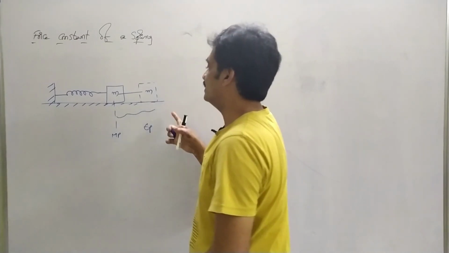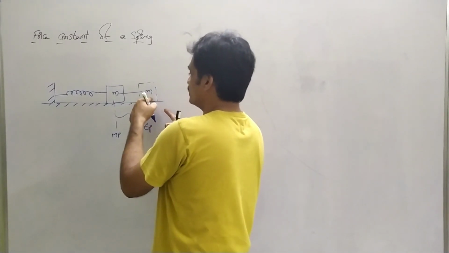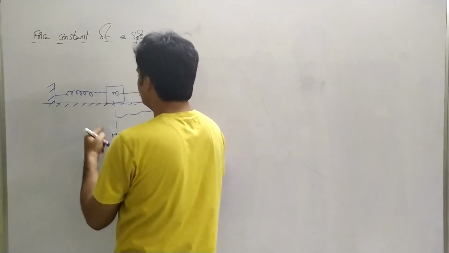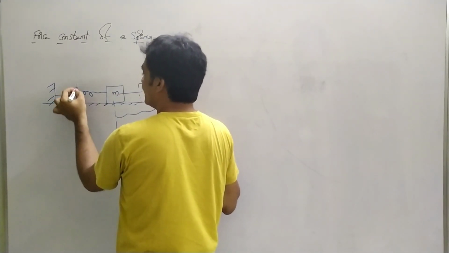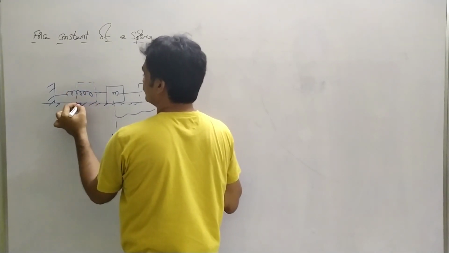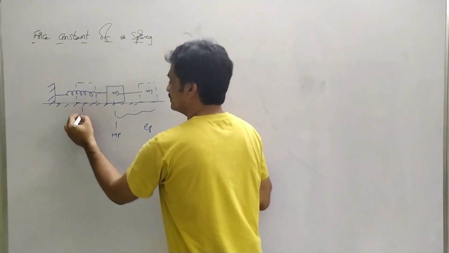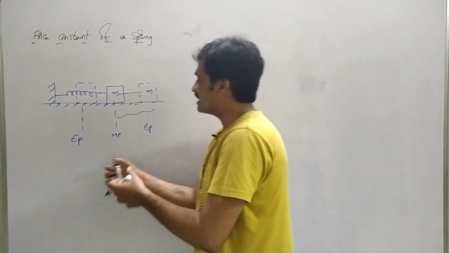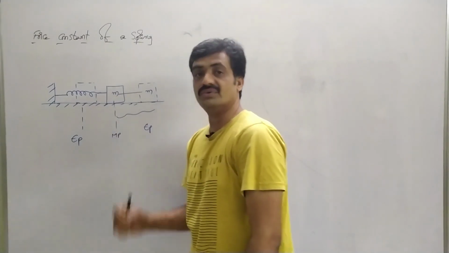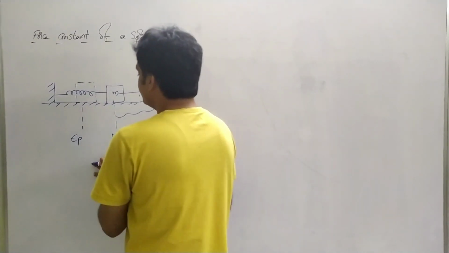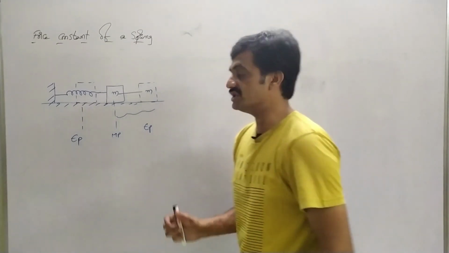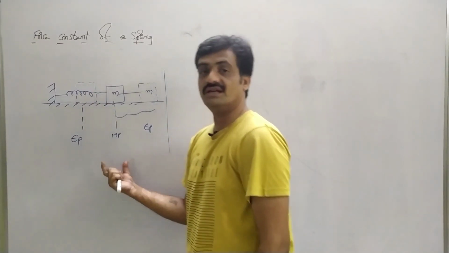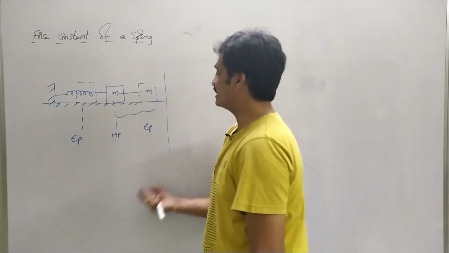As we leave this body, it moves from this extreme position to the mean position, and again from the mean position towards the extreme position, like this, and it starts oscillating about the mean position. Now we are going to represent the equation for this oscillation in the case of SHM, simple harmonic motion. In order to represent the force constant of this spring, we consider three steps.